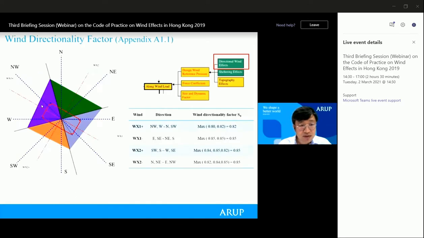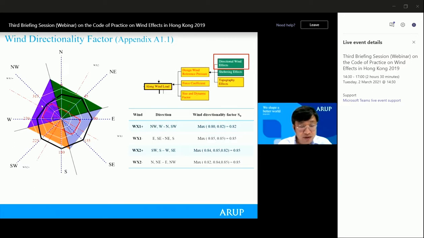The second one is the determination of a design wind pressure. For this one, the general principle is exactly the same as the last working example. The only difference is that in the previous working example, the tower is aligned south or north. For this one, it is not exactly aligned south or north, but it doesn't matter. So we can divide the 4 quadrants as highlighted in 4 different colors, and for each color